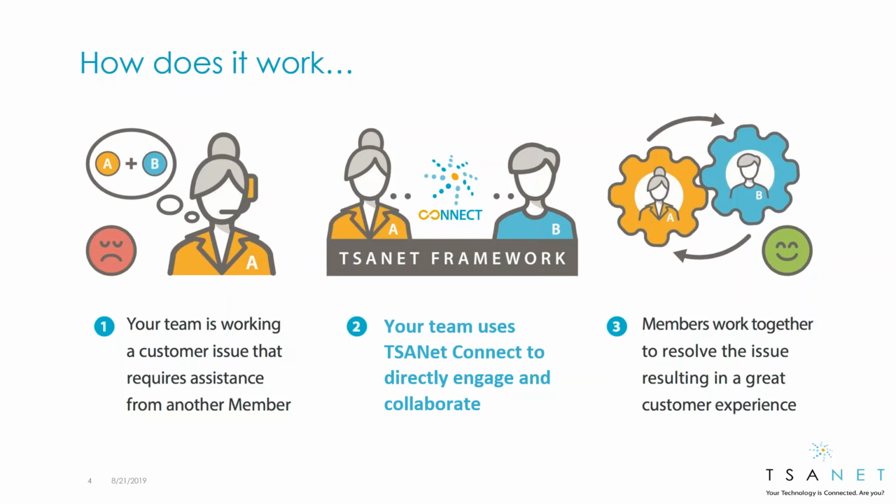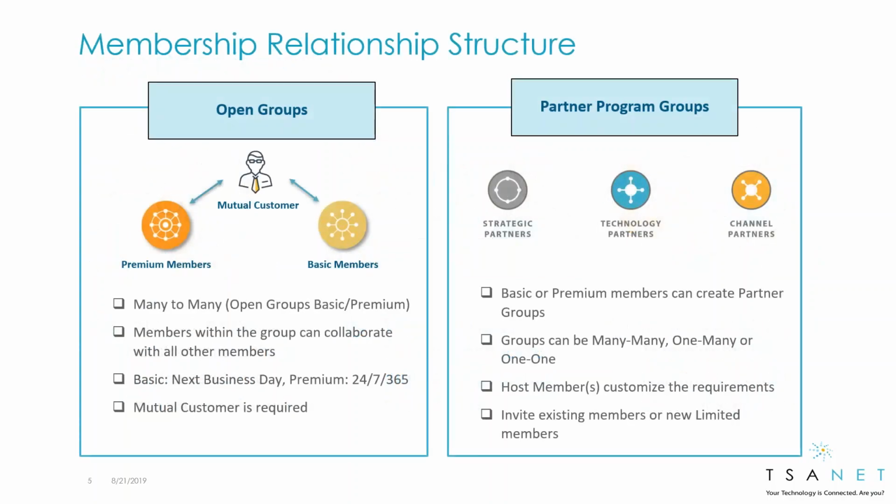So the other question I get is, oh, this is going to increase my call volume and that kind of thing. Well, in that kind of environment, you're getting the phone call one way or another. So what TSANet is doing is that you're getting that phone call from one of your partners that your customer called first. And you're not obligated to work that issue unless it is one of your customers that's entitled for support. So there's no revenue loss or anything like that. That's really typically the whole basis behind the